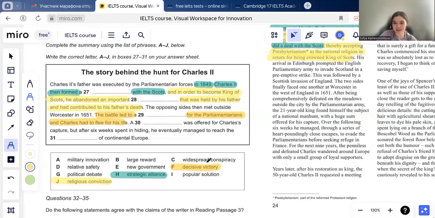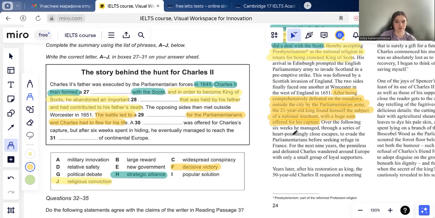Yes. I see. I mean, like, actually, you are quite near. After being comprehensively defeated on the meadows outside the city by the parliamentarian army. Yeah. Read on. The 21-year-old king found himself the subject of a national manhunt with a huge sum offered for